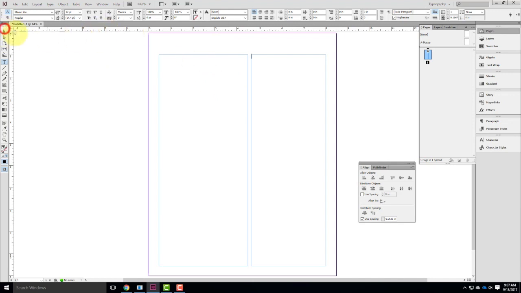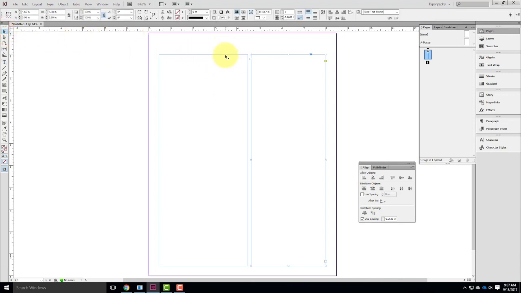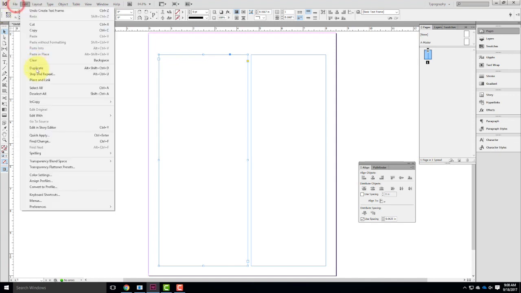Now, I've created those two text boxes, and they exist as just two text boxes. But if I were to select one of the text boxes, I'll select the first one here, I can actually, just like I do with an image, place a Word document file into my text box. So I can take that thing that I typed, and I can drop it in here to do the layout on it. So I'll go to File, and then Place,